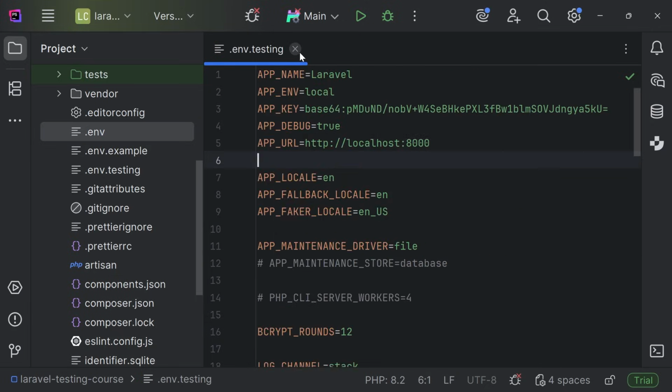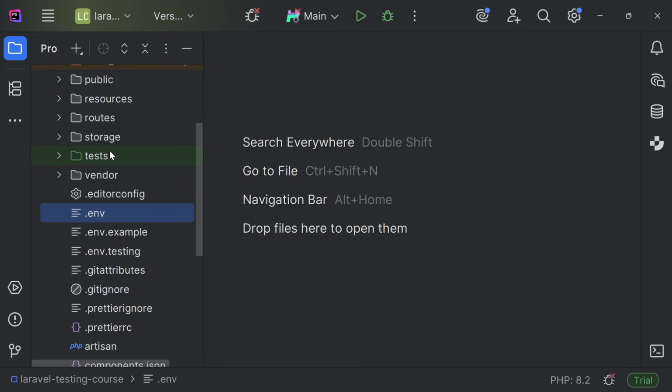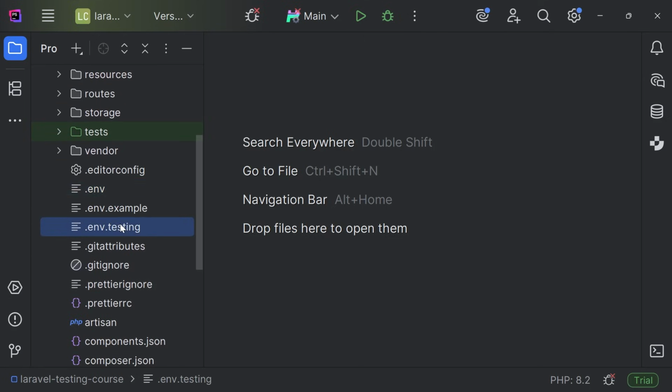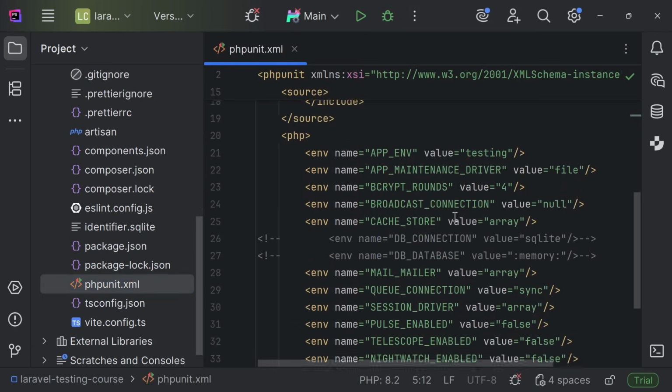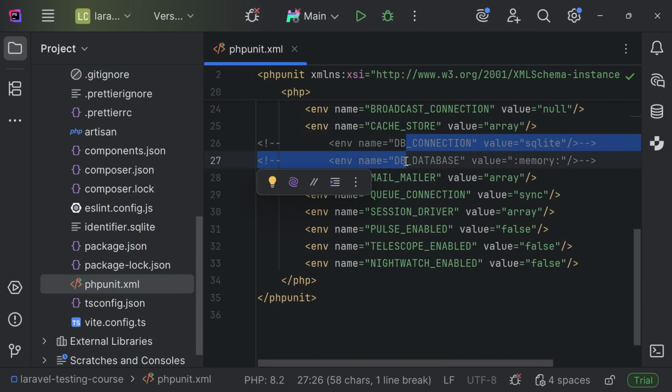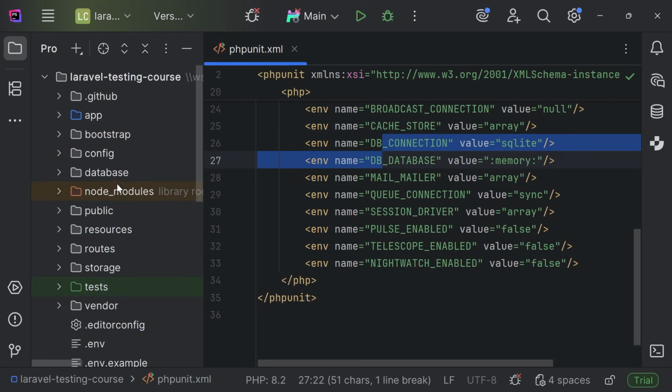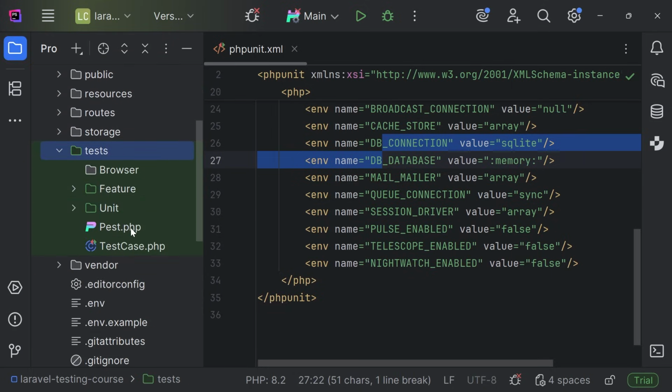Now let's close these two files. Actually, I'm going to close this. I'm going to delete this .env.testing as well, because I prefer it to be using the settings that I have defined right here, and I'm going to uncomment this part as well. Okay, now let's go inside the tests folder and open